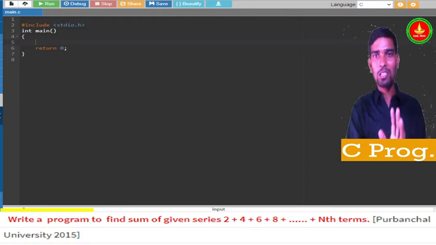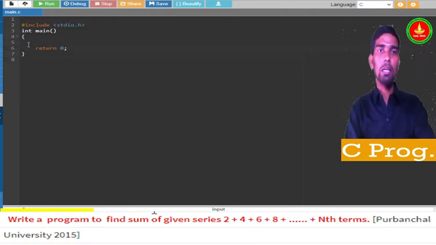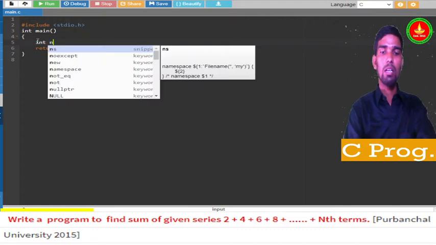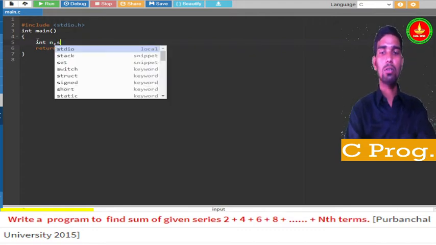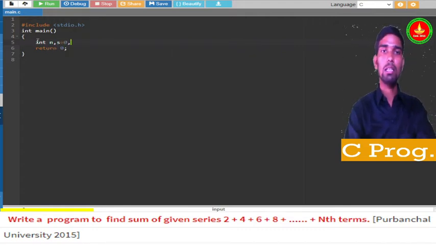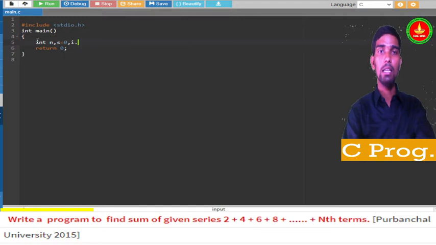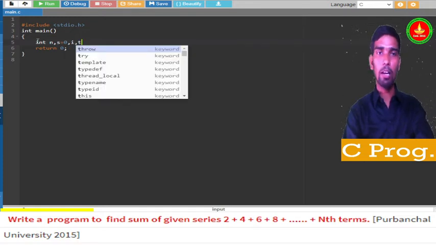I am going to explain the code line by line. To take input, we have to declare one variable n, and we also have to calculate the sum, so s equal to 0 initially. We also need one counter, so put i, and we also need one temporary variable t, so we can do the program very easily.